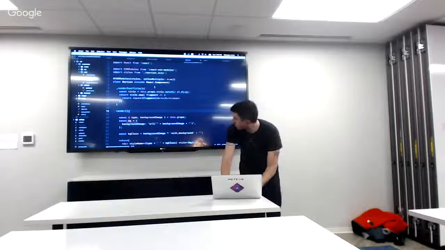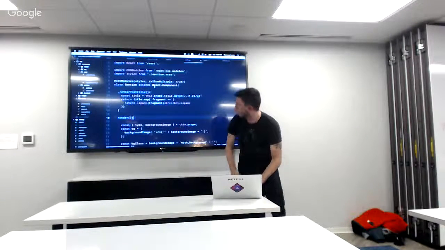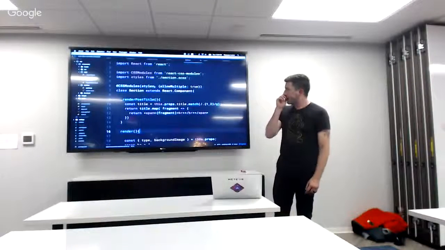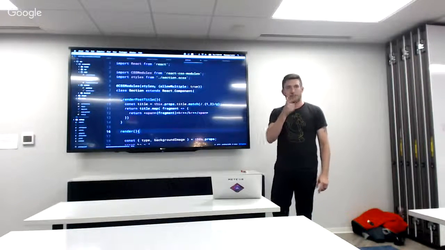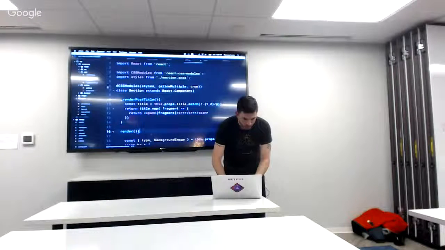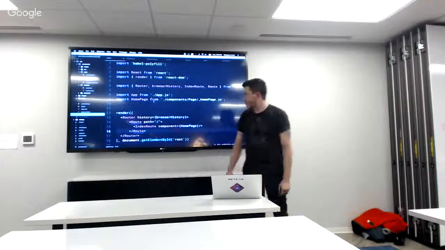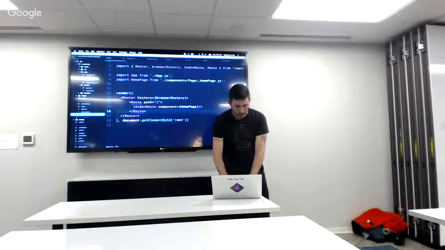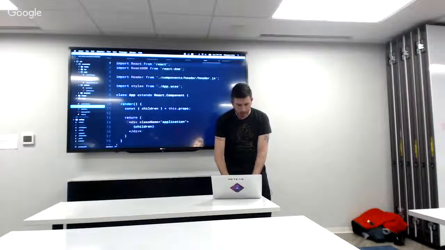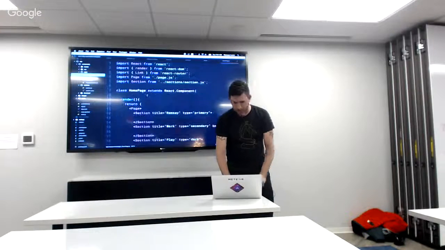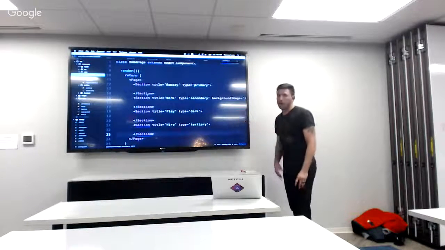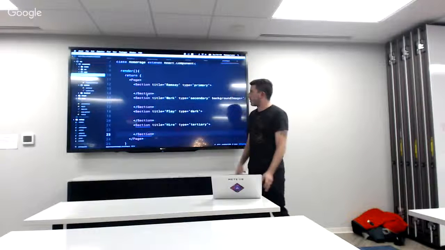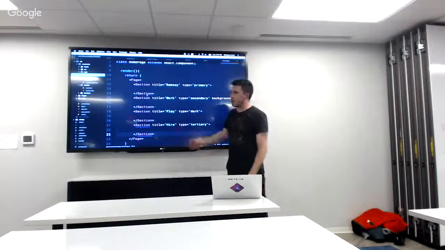I think that's as big as I can make it. Is that very good? Back there, everyone? Good? Cool. So there's nothing that fancy going on here. I have a really basic implementation of React Router, which is loading. It goes through the app, which is really not doing anything. Calls a homepage app, and so it's just rendering. I probably wouldn't recommend doing it this way, but for brevity's sake, it's just rendering 4 sections,